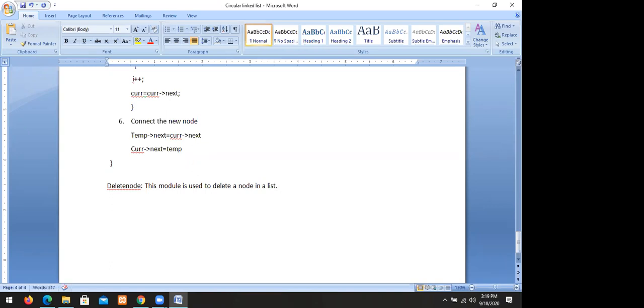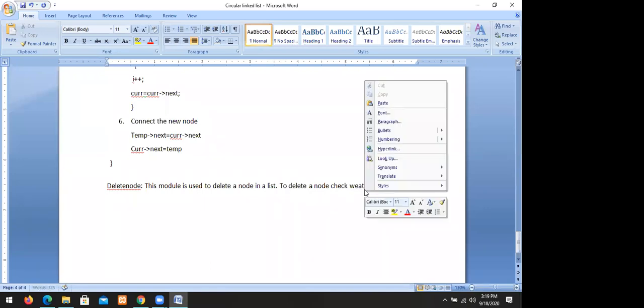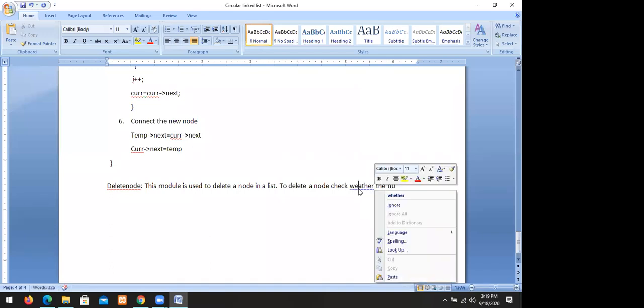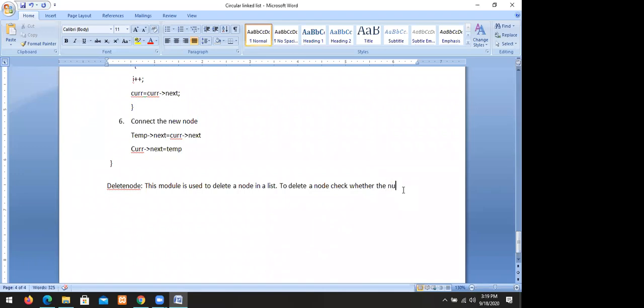To delete a node, check whether the number is in the list or not. So how can we delete?